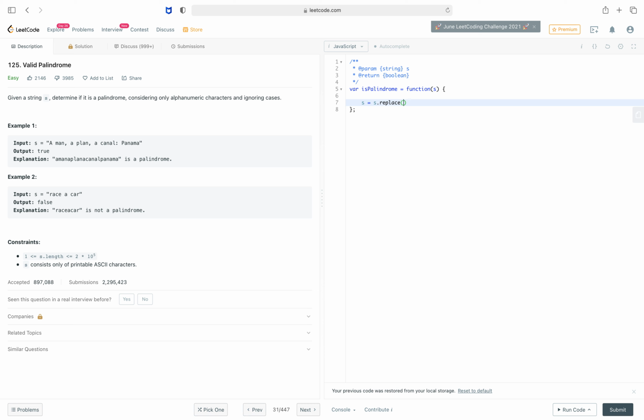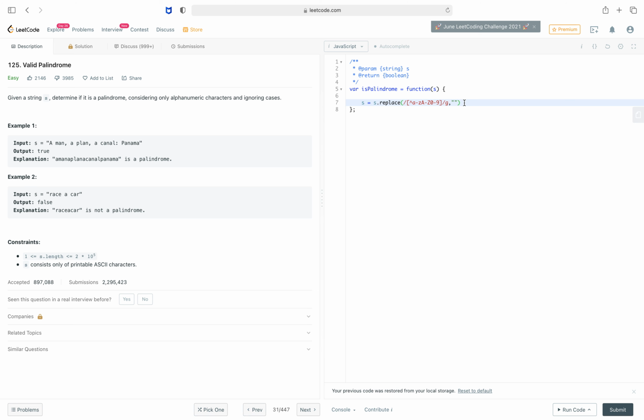We use a backward slash, then a middle bracket, up arrow, a to z, capital A to Z, 0 to 9, backward slash, g, comma, double quotes.